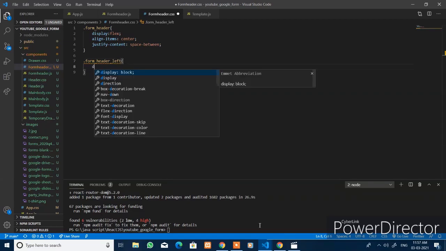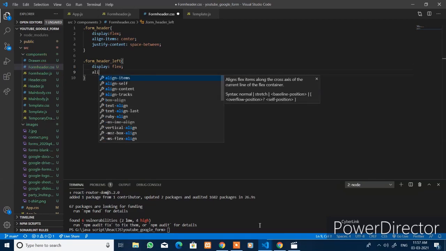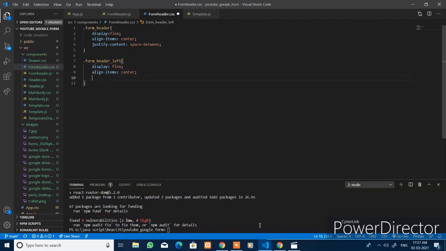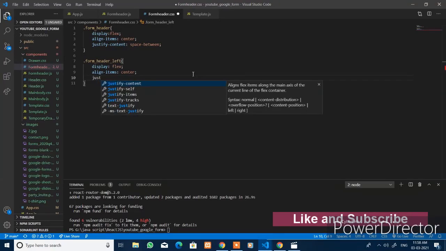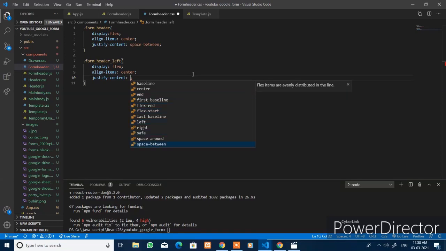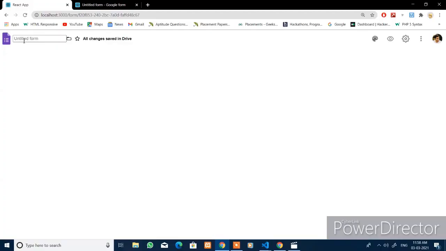For the header left, display flex and align items center. All my elements are in the same line. To add some space between the elements, you add justify content space evenly. Now all my elements are spaced evenly.